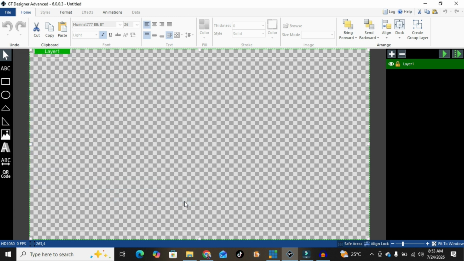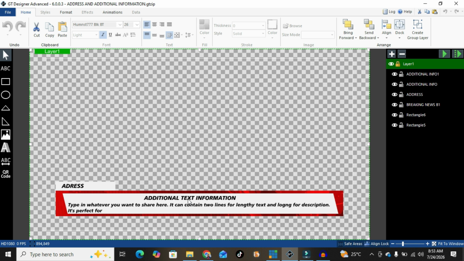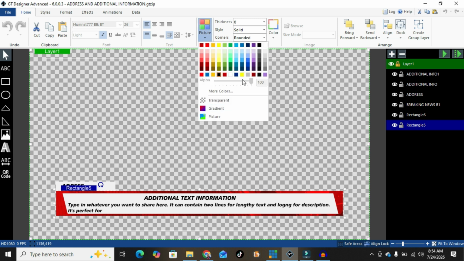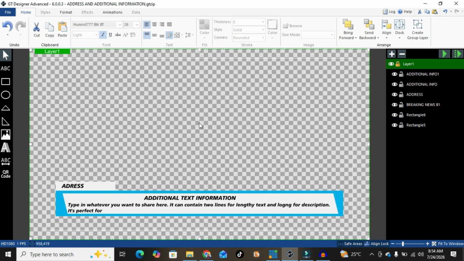So now I'm clicking on open, and as we double click, it has a background. We want to change the background. We go to pictures, we click in pictures, and then we click on the color. We use maybe this color. Right, so we can use a color. If you want red, click here.